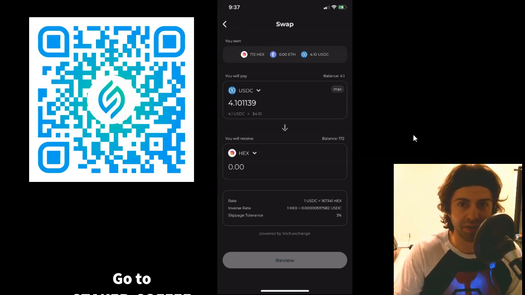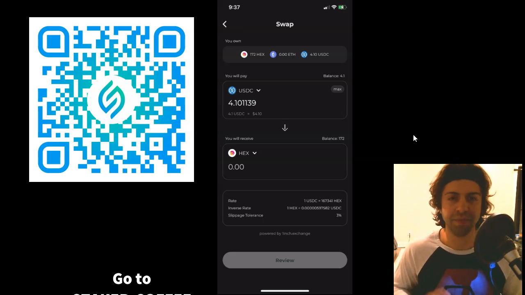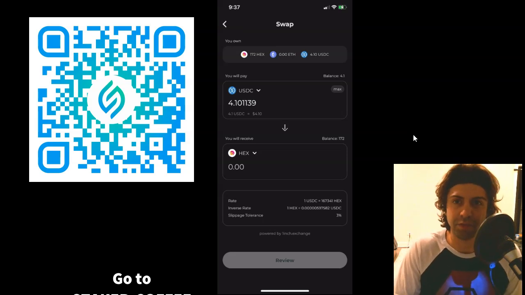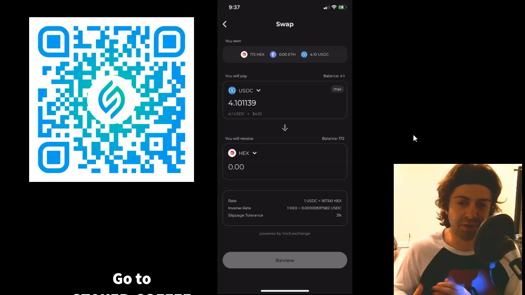Let's say I have a whole bunch of Hex but no ETH. I can unstake my Hex using a little fraction of Hex, right? So I can pay my fees with Hex, I can pay my fees with ETH, with US dollar coin, whatever I want, right? But we're not going to do that because I've already done a test run before this, and I already converted 100 USDC into Hex, which I then staked using the feature I'm about to show you